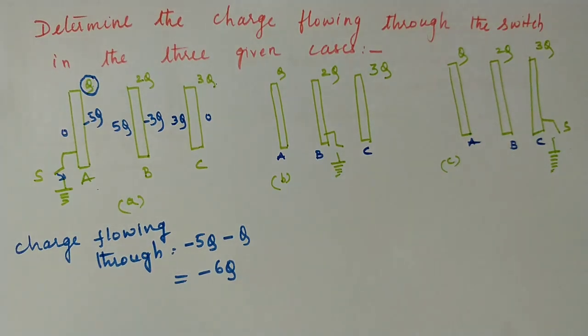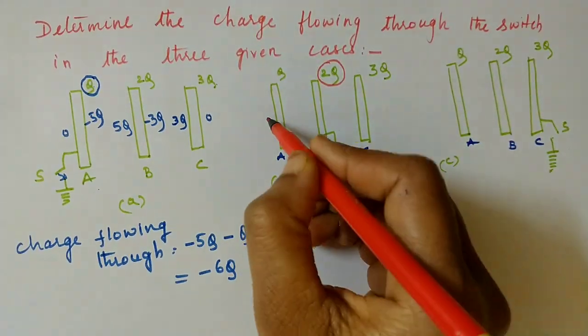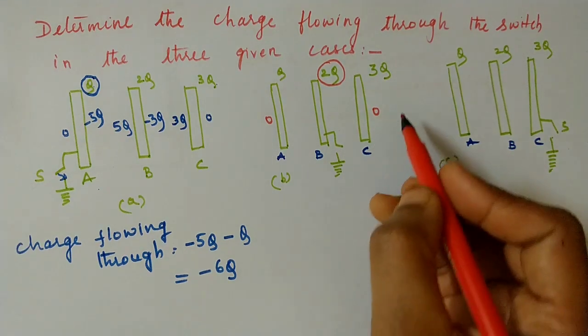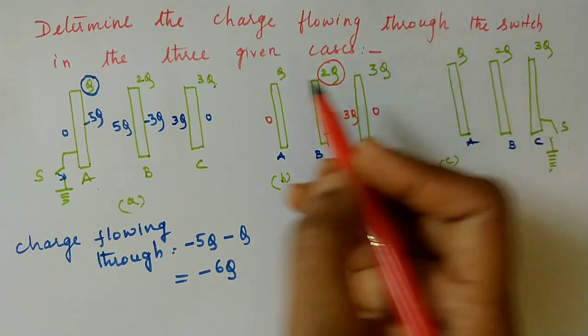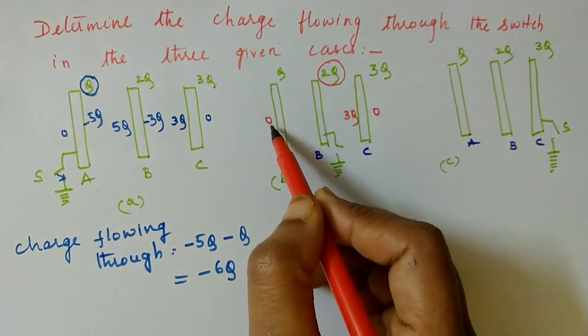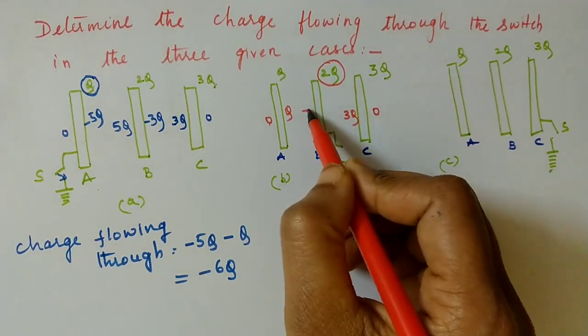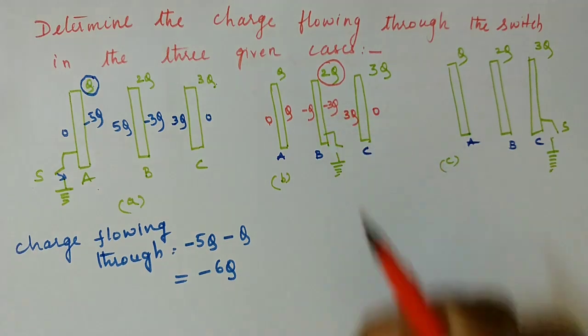Now similarly, let us do the second bit. So here, first circle the charge which is on the earthed surface. Make these two 0. Now go to isolated plates. If this is 0, here would be 3Q because sum should be 3Q. Similarly, this is an isolated plate. If this is 0, here the charge should be Q. For Q, you will get minus Q. For 3Q, you will get minus 3Q.